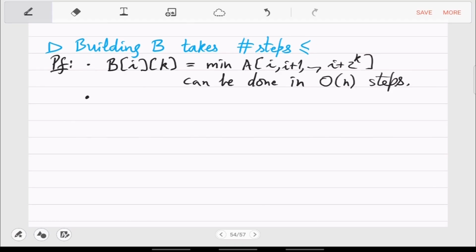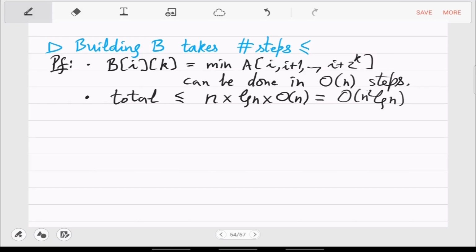So, which means that as you go over all I and all k's, total time is how many i's, how many k's, and then order n for each. So this is going into n square log n, which is bad. It's okay for one-time investment, but not the best.